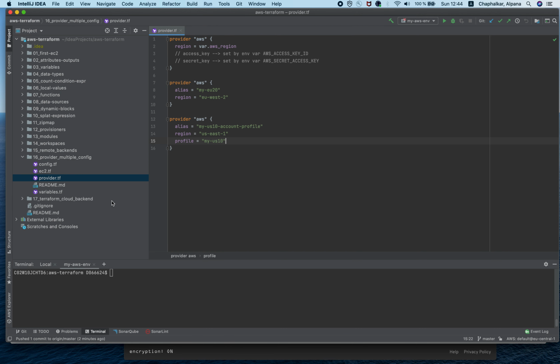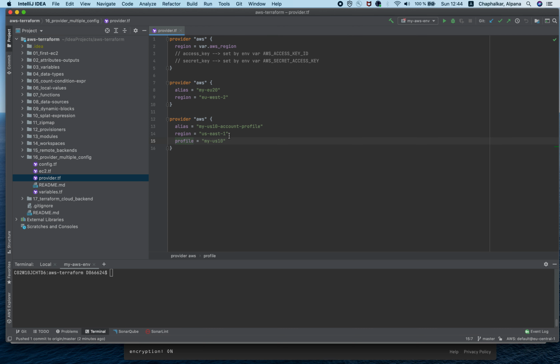Take a look at another example. Suppose you want to provision the resources in different AWS regions or in different AWS accounts. Terraform allows multiple provider configurations with the alias argument as well as the profile argument. With the alias argument, you can specify different AWS configurations such as region.